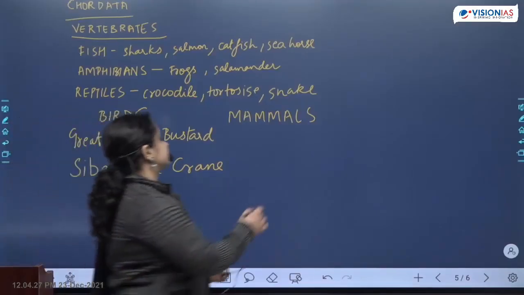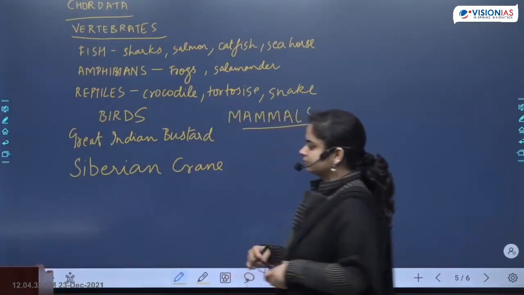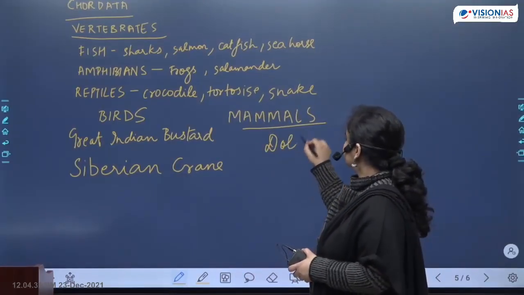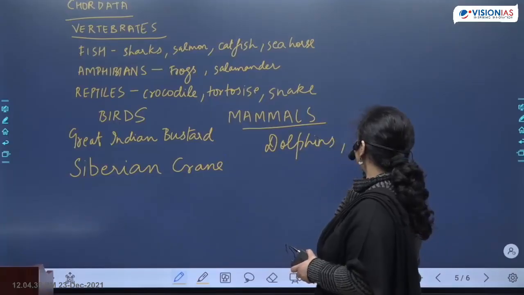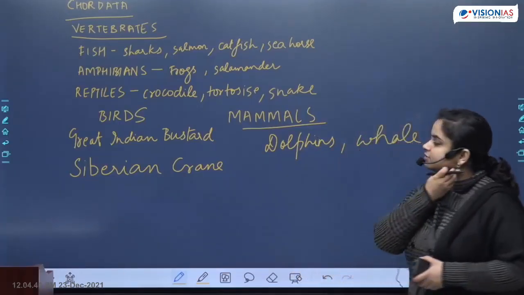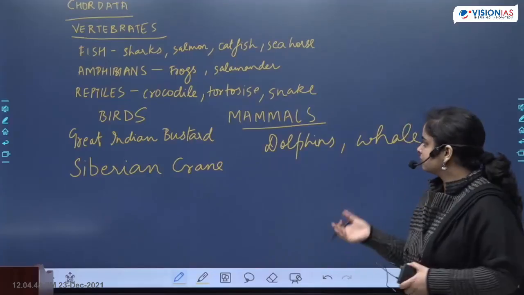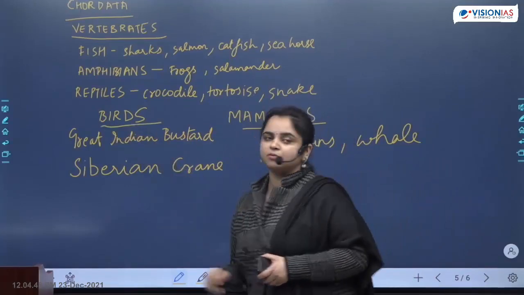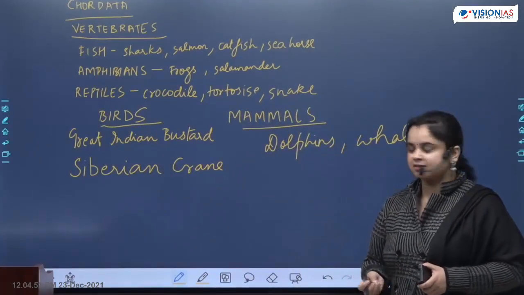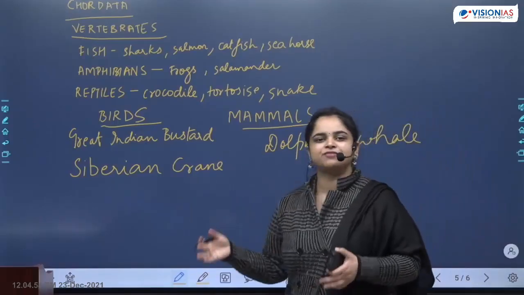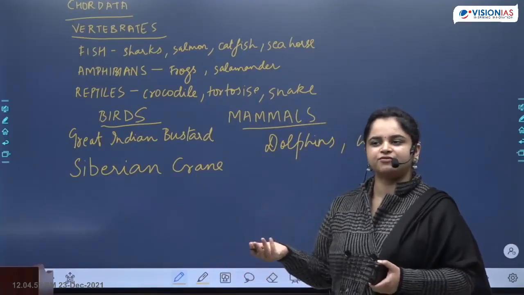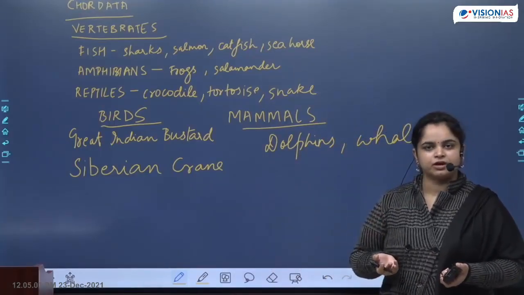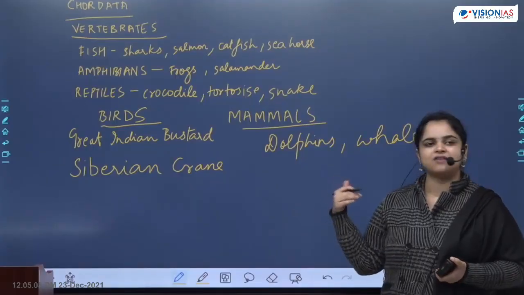For mammals, so you have some unlikely mammals like dolphins and whales, which we do not expect to be mammals. The basic premise of the distinction between birds and mammals when they developed from reptiles is that birds developed feathers. The external body, they developed feathers. Mammals have hair. Okay, birds have feathers and in place of that, mammals have hair.